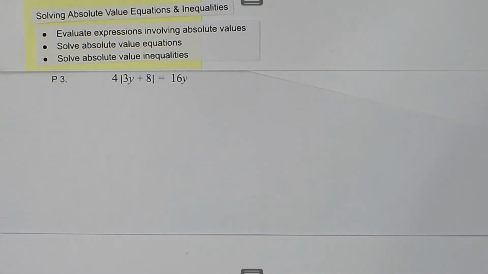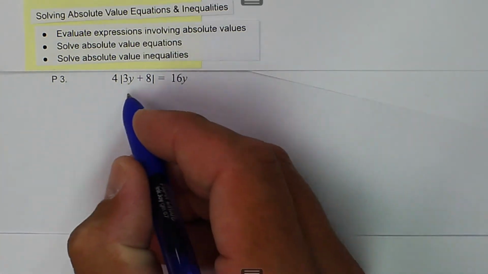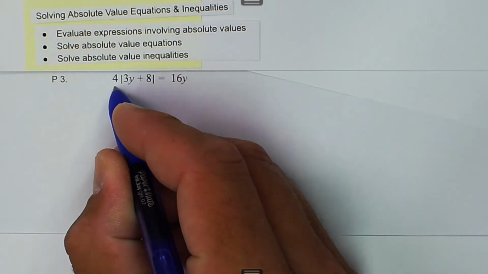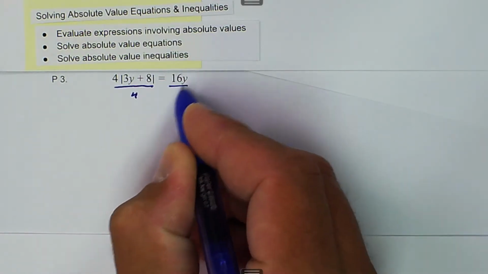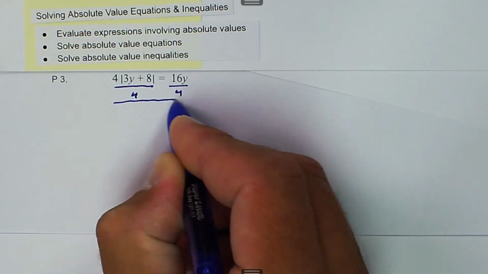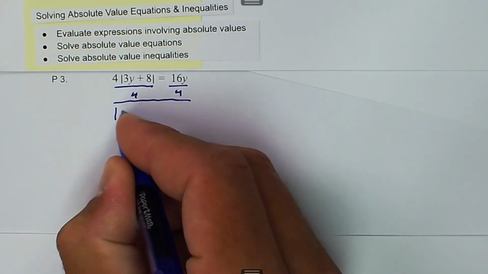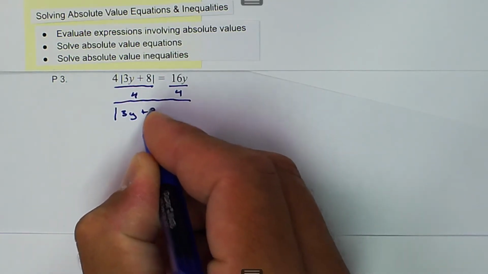We're talking about solving absolute value equations, and the first thing to do when solving absolute value equations is to get the absolute value by itself. So to start with, we have to divide both sides by 4, and then we get the absolute value of 3y plus 8